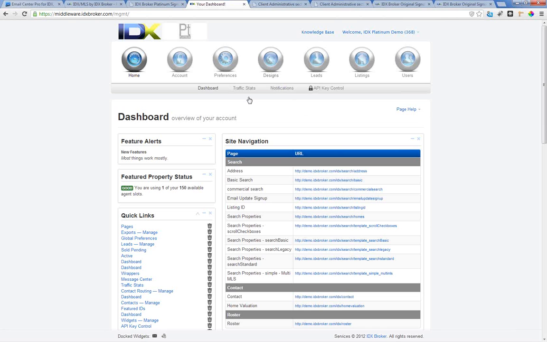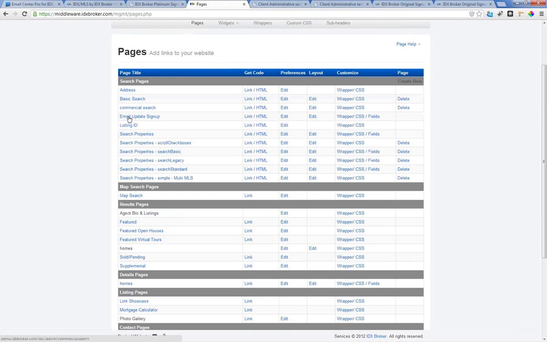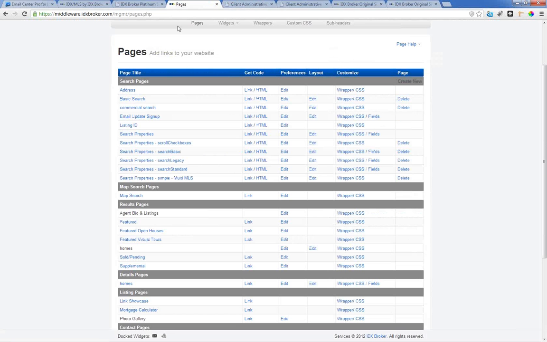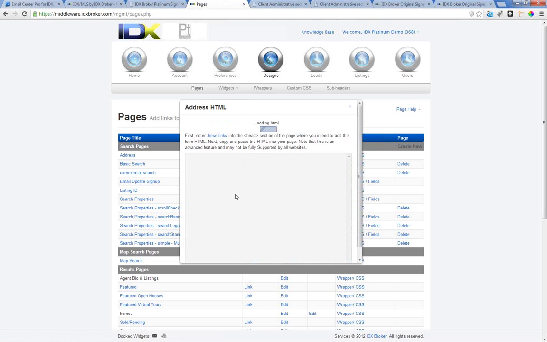So just to quickly overview, the most important pages that you're going to access are design pages. So this is all of the pages that are created automatically through our system. They're either generated through our system as page links, or you can actually create search pages. So if you create a search page, it will generate through the IDX side. And then you can, of course, customize these greatly from actually getting HTML code and creating your own custom static search form